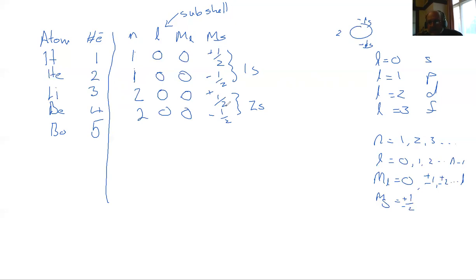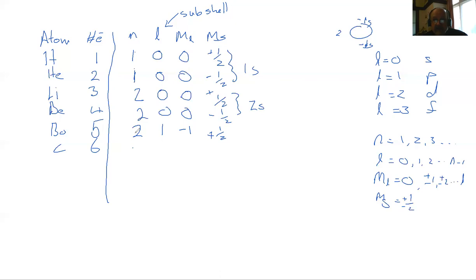Okay, so we've done both of these, but we can also have L is equal to 1. So we can go to L is equal to 1. And then what's the lowest value we can have for ml? Well, we can have positive 1, 0, or negative 1, because remember, because L is 1, we can go right up to here. So the lowest possible value this can be is negative 1 plus half. And then we're going to go into carbon, which is 6, and we're going to keep going through this number here. And when we run out of these numbers, then we're going to tweak the spins.